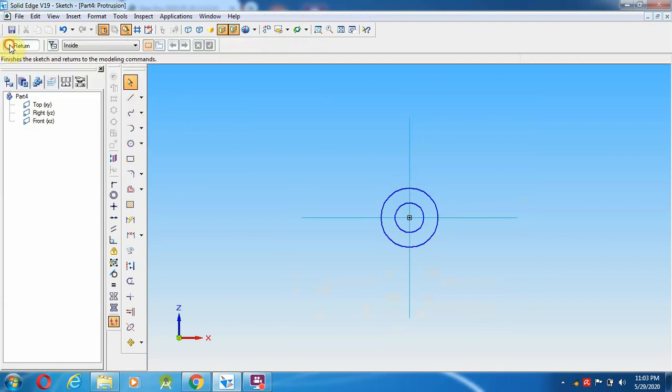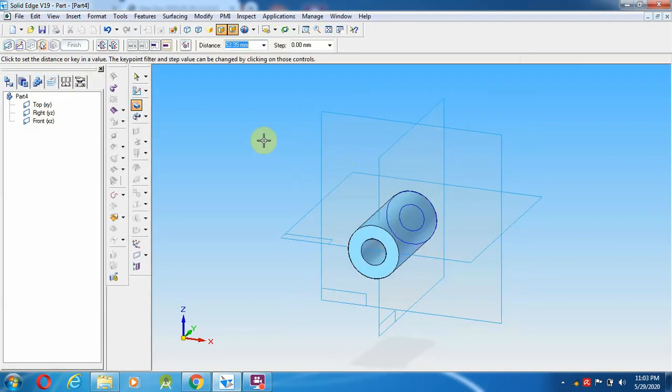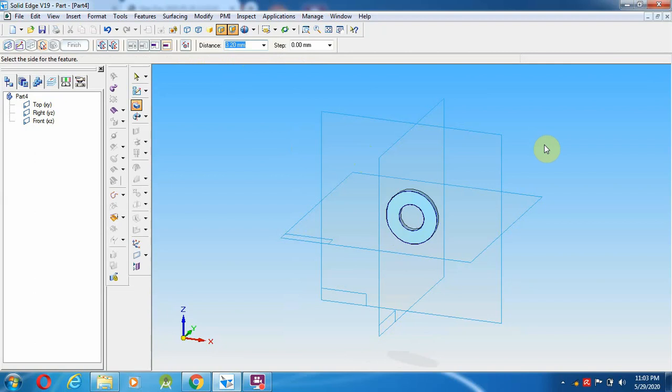Now I am going to give the return depth, so 0.2 into 16, 3.20, so that washer has to be created over here.